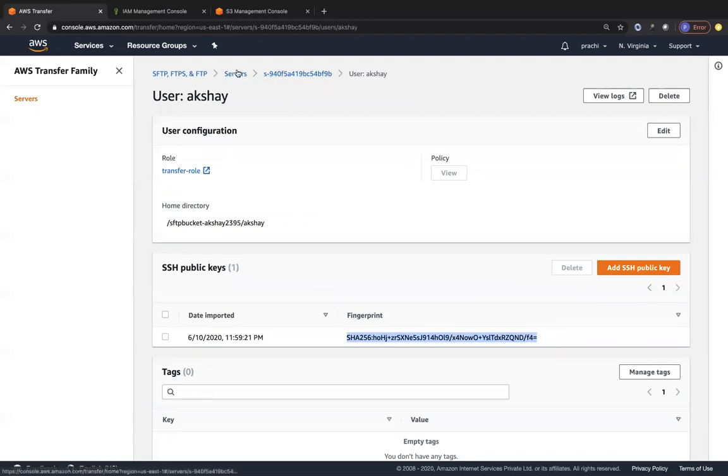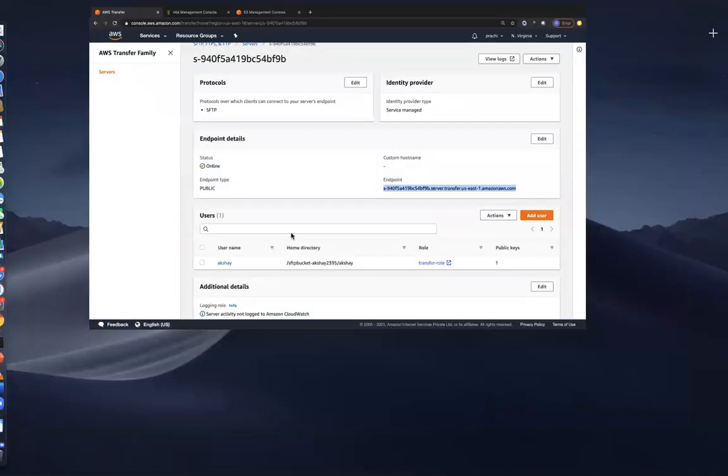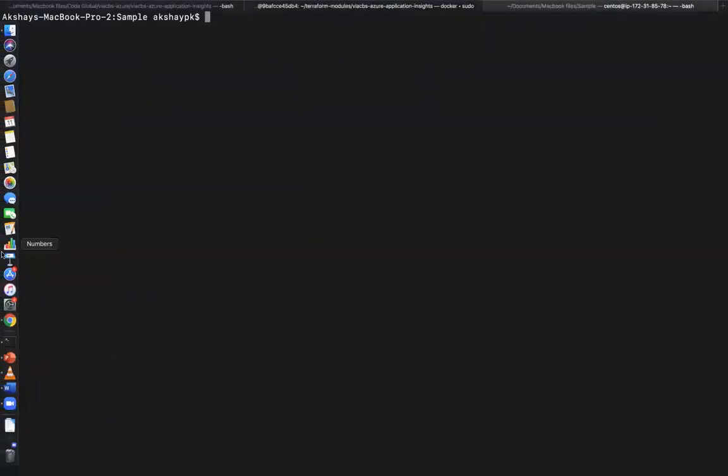Once you have presented all this, you can see over here, you do have a custom endpoint, but without a custom host name. You have an, I would say, auto-generated endpoint given by AWS for us in order to connect to this SFTP server, right? So let's go ahead and connect to this. The way that we would connect to it is by using the terminal. So I'm going to use the terminal over here. I do have my key pair within the